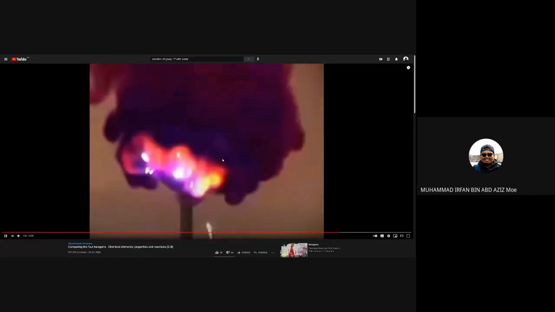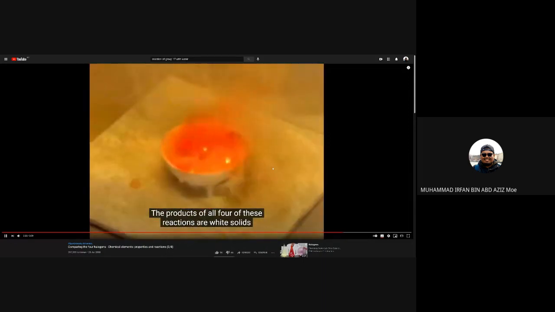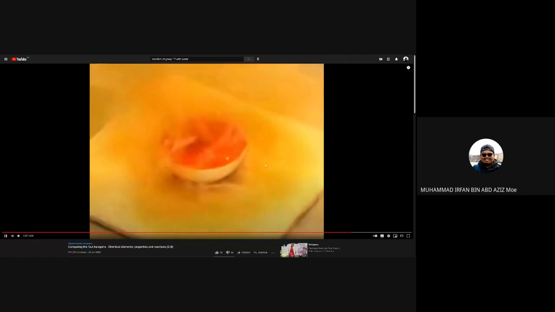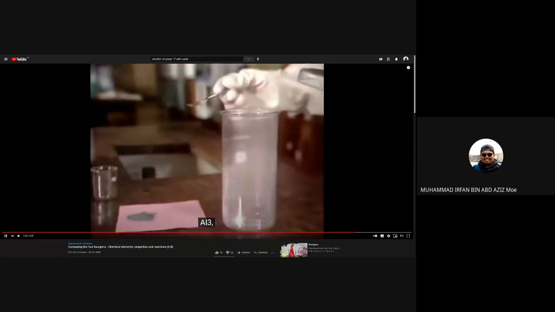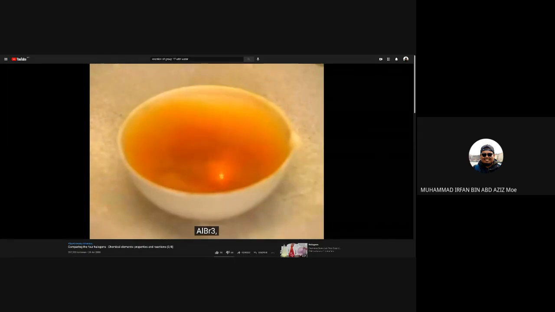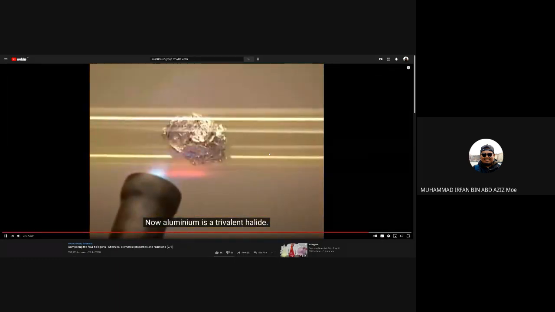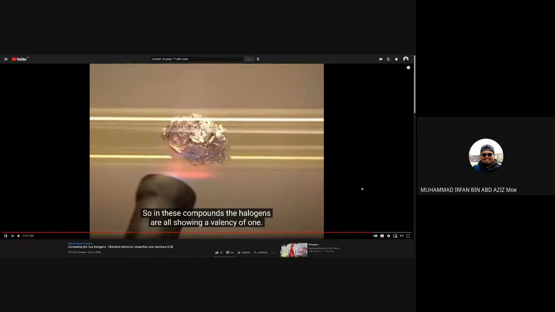Okay, remember the color. The products are purple. All four of these reactions give white solids, and the products are basically all trihalides: AlF3, AlCl3, AlBr3, and AlI3. Now aluminium is a trivalent element, so in these compounds the halogens are all showing a valency